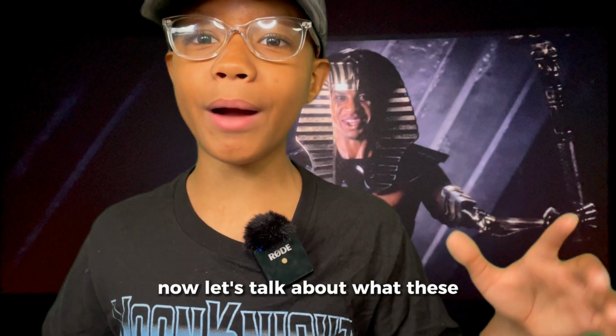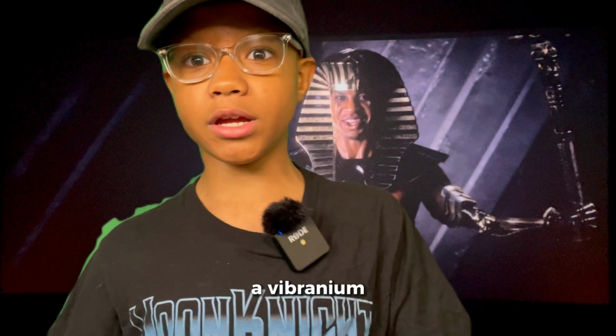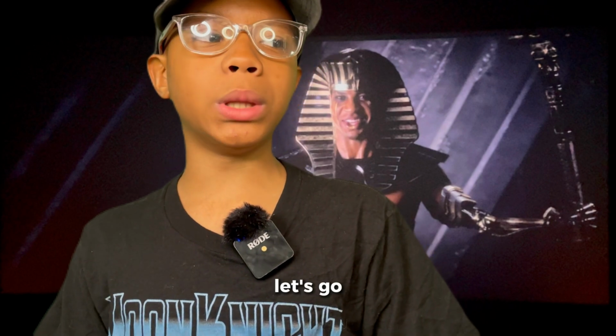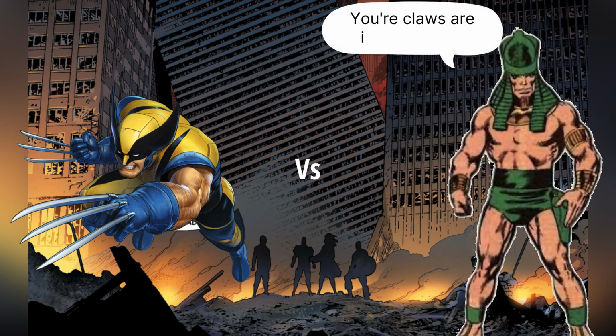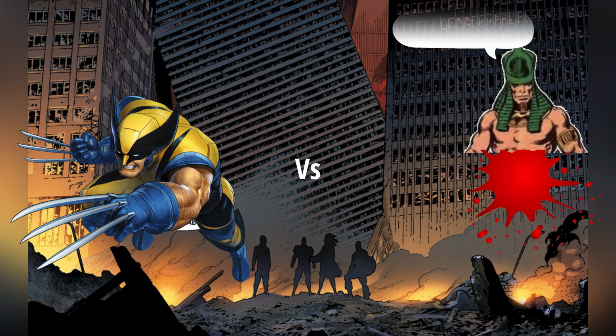Now, let's talk about what these metal limbs might be made of. Are they made of vibranium, adamantium? Let's find out. Or I should say, let's theorize. Okay, so let's go with adamantium first, and let's go with the scenario that I said Wolverine cut off his limbs. Let's say Wolverine cut off his limbs and Rama-tut observed that these adamantium claws are nearly indestructible and cannot be broken. So when his limbs are cut off by Wolverine, he was in pain,